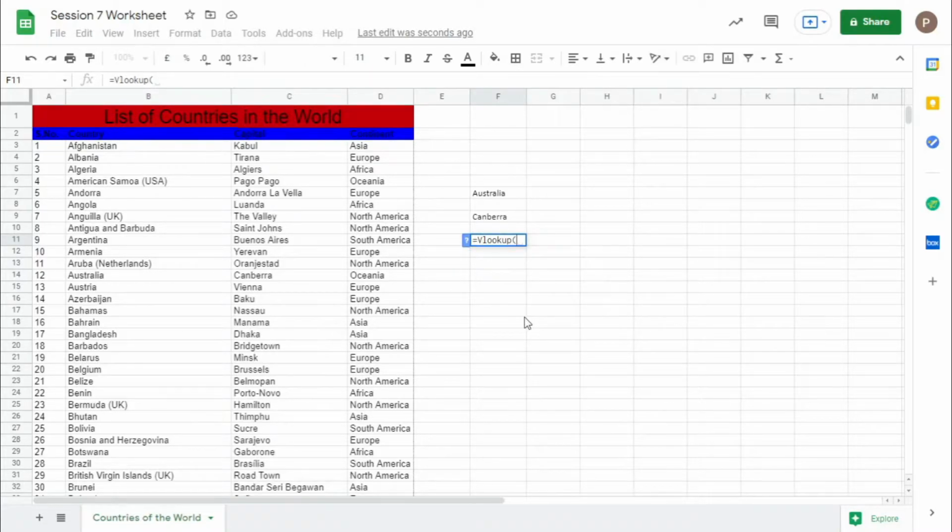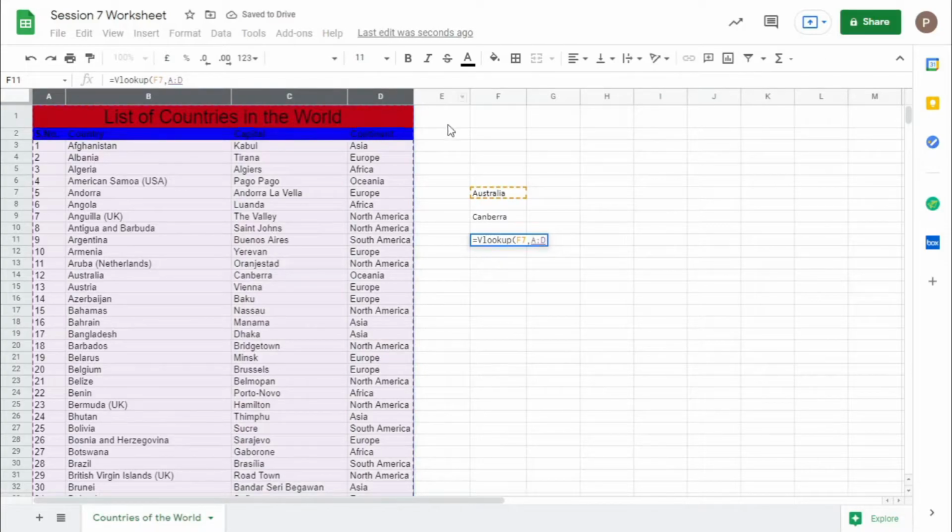In VLOOKUP, you give a search cell and then give a particular range. Here the range will be A to D, comma, then you have to give which column you want to search.